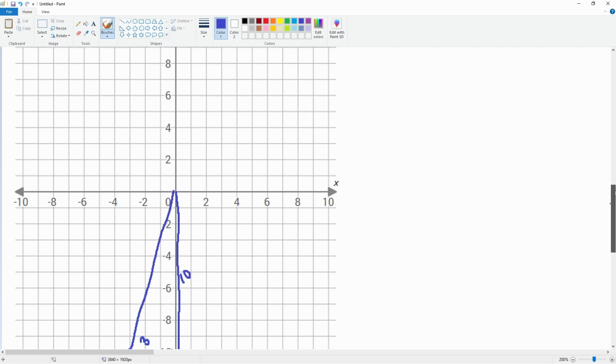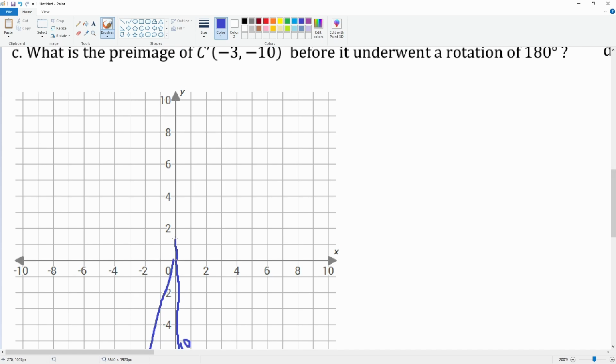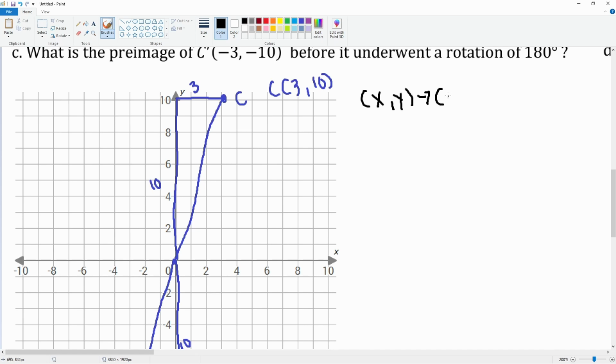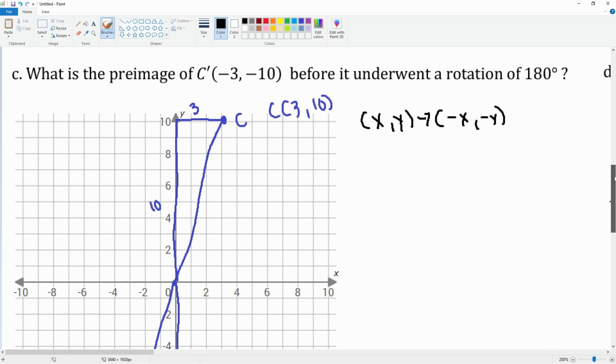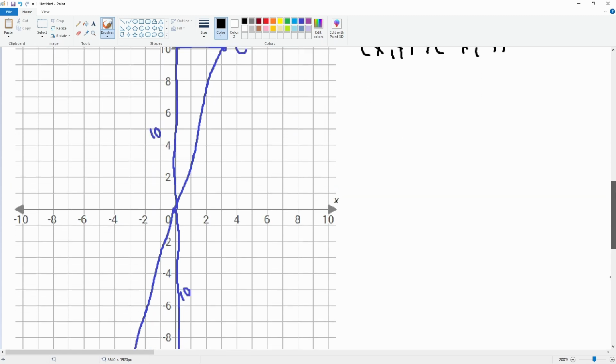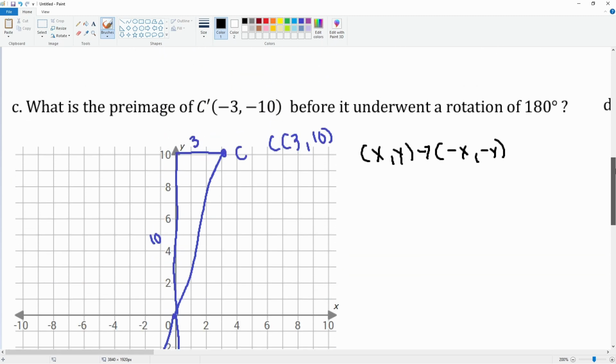So it's going to go up 10 and across 3. Right? 10, 3. So its pre-image was actually what? 3 comma 10 as C. It does follow the rule x comma y arrow negative x comma negative y. All right? Even if you want to find the pre-image, you just apply the transformation again to get it back